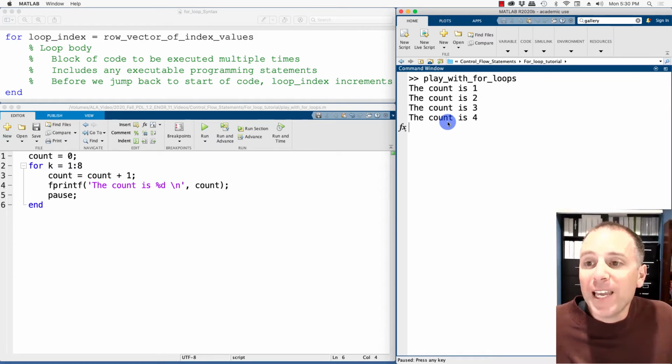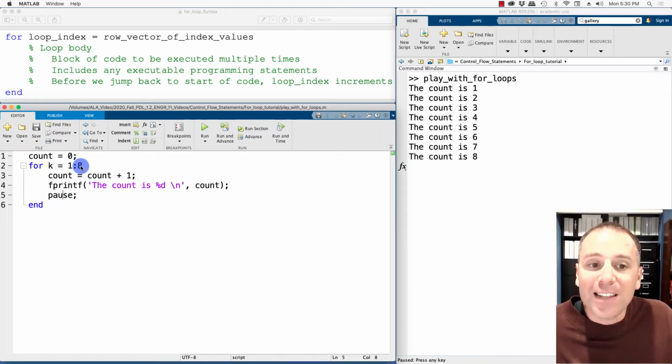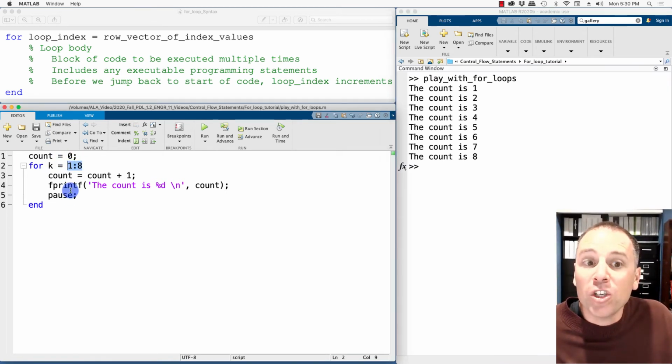We can just repeat this 1, 2, 3, all the way until we get to the last value in this variable. MATLAB is currently in the last iteration waiting to pause. When I push enter, MATLAB does a quick check to see whether or not the index variable has exhausted all desired values. In this case, it has, so now MATLAB jumps outside the for loop itself.